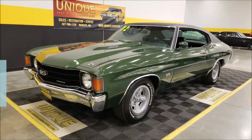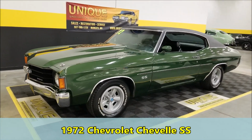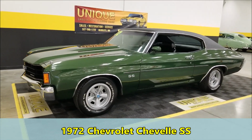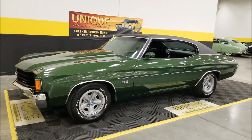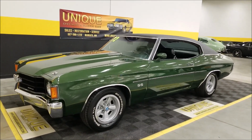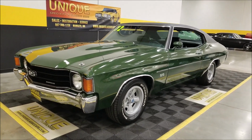All right, let's do a little walk around on this one. 1972 Chevrolet Malibu Super Sport or Chevelle SS. Nice looking two-door hardtop. Now, you hear all the stories, of course, of the gentleman that says, "Gal, I had